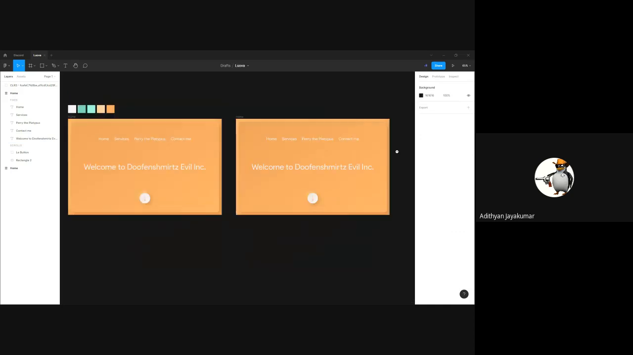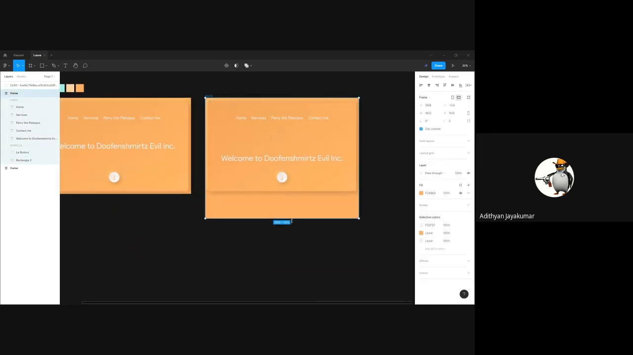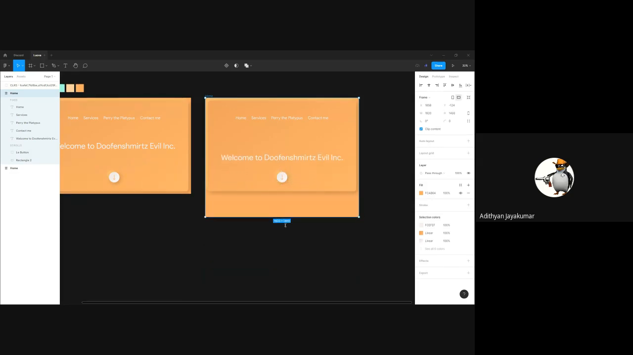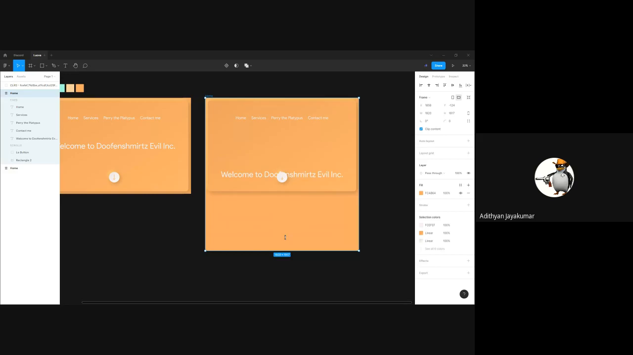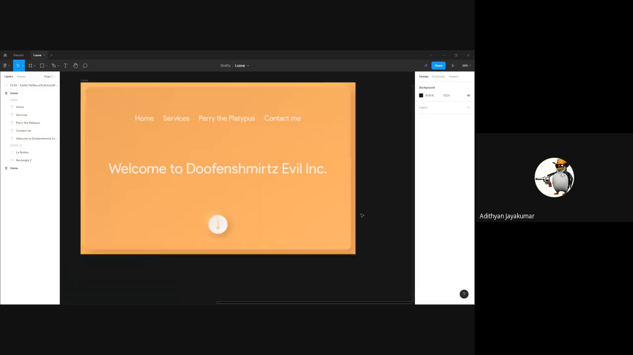Now if you look, I took this frame and made it bigger, and you can actually see the text is moving with it. It will always be aligned to that center. Whatever we change, it will stay there. There will be no change. Similarly, I'm gonna take the button, align it to the center horizontally, and vertically I'm gonna align